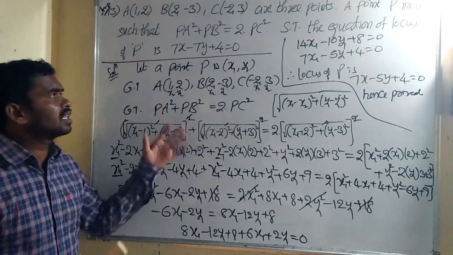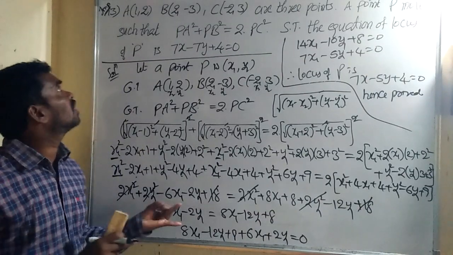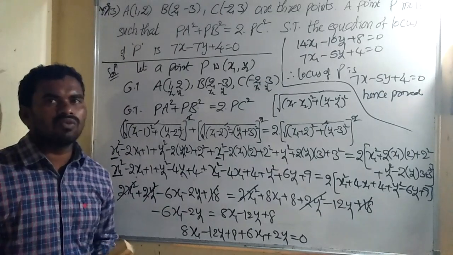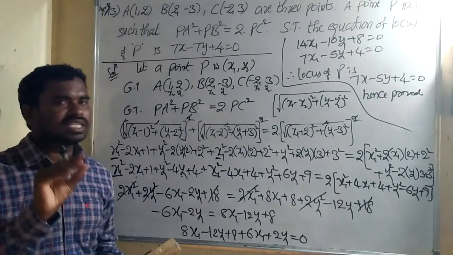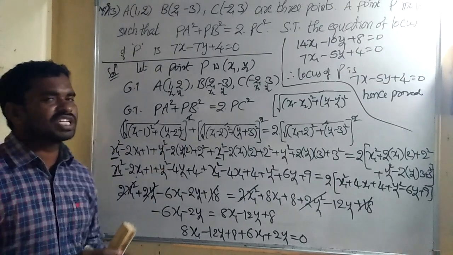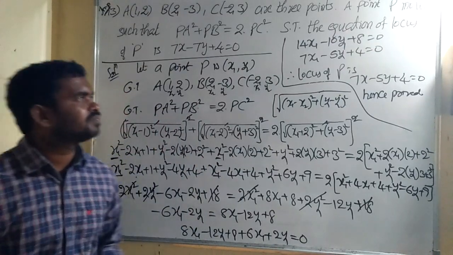So dear friends, these are the few questions. We have completed 13 questions. In part 1 completed 7 questions and in part 2 completed one more 6 questions. In part 3 we have only 5 questions, means 3 different types of questions only. Those are also based on the distance formula. That's why distance formula we should remember always.